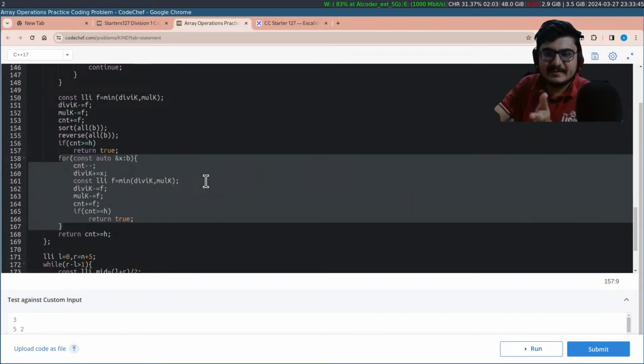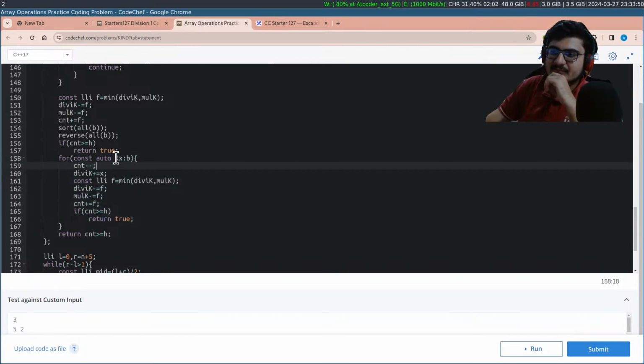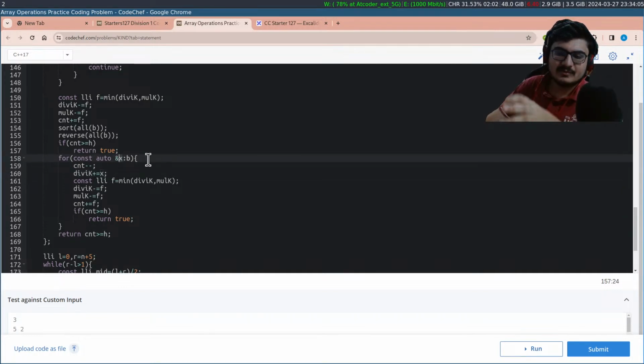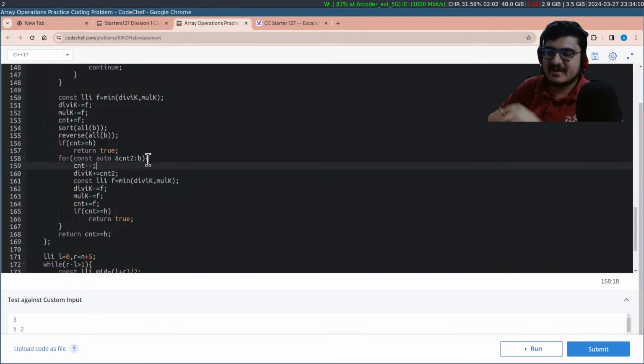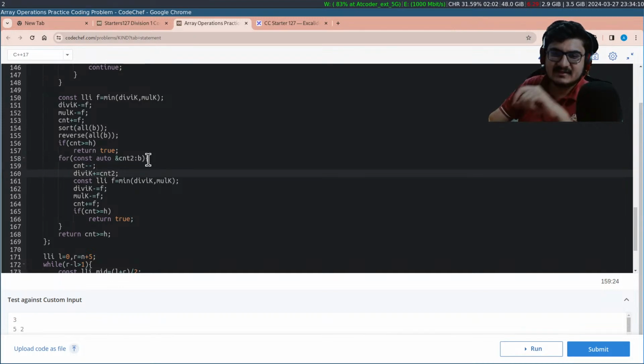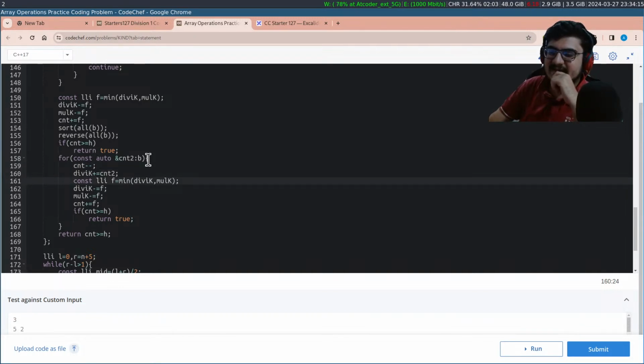Otherwise, now I greedily pick from the maximum number of times I can get divided over here. So for each b, there would be one number that I no longer can increase because I am making it less than h. And then the maximum number of division operations I can get would be the count2 for this number. If I remove the current number, then the count of numbers greater than h decreases by 1. But I can get count2 more division operations. Then again, I look at the minimum value of dvk, over all the remaining multiple-of-k numbers.